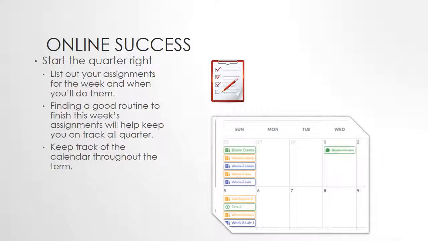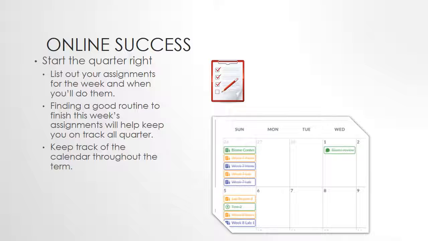So let's go over now some tips on how to be successful in an online course. And the biggest difference in an online course and an on-campus course is that you kind of need to be self-motivated to get your work done each week. You're not going to a lecture and being reminded of the things that need to get done. And so it's up to you to keep track of what you need to get done and when you're going to do it. The flexibility is really great, but making sure you get everything done is really important in an